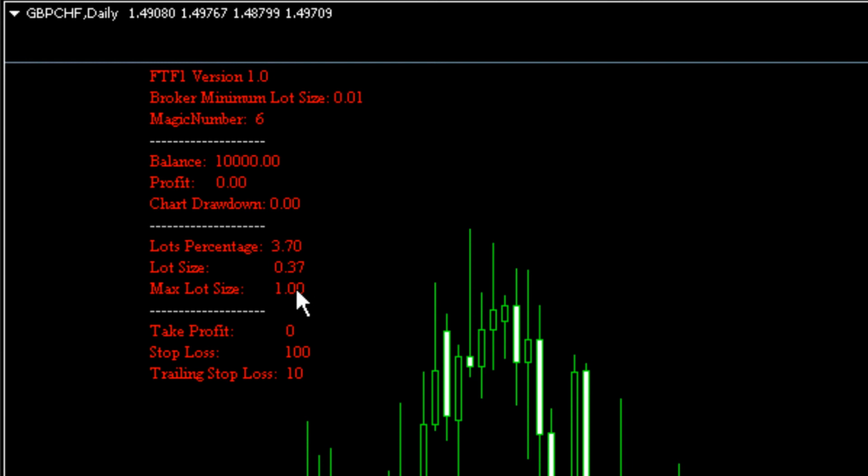And there's the lot size there, calculated by the robot from the lots percentage number, 3.7. The lot size comes out at 0.37. And that will sit there, and it will wait until the indicators within the robot all say that a significant trend has been established, and then the trade will be placed based on these parameters: stop loss 100, trailing stop